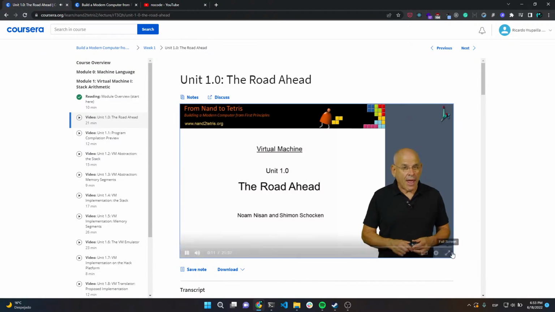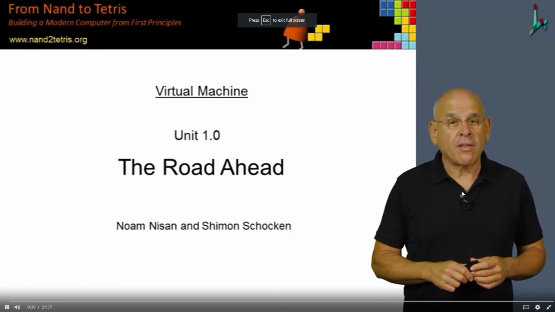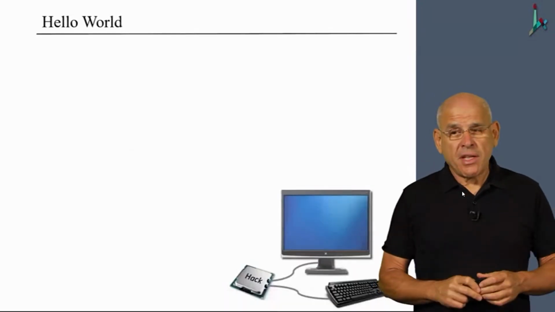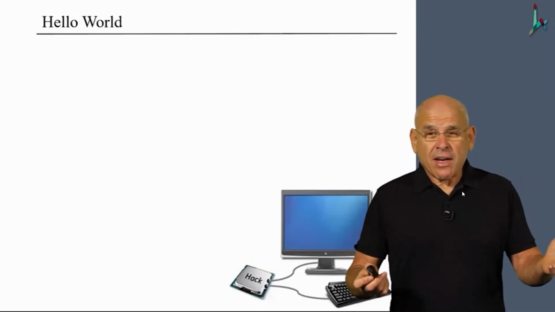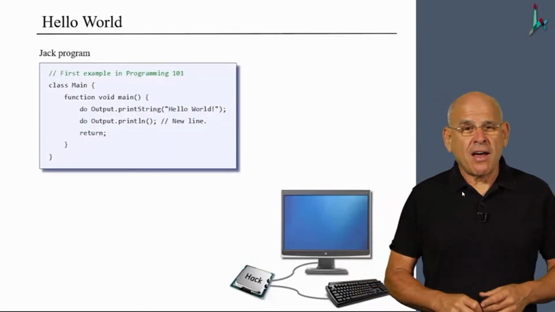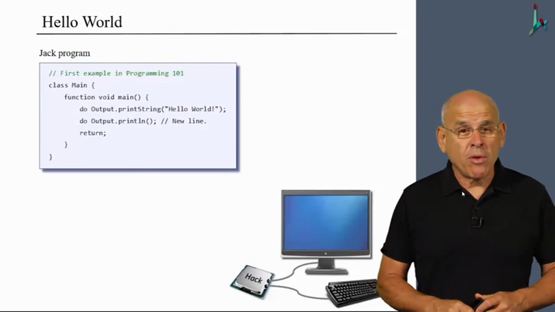So if everything worked according to plan, then you have already gone through a machine language primer, and we are ready to move on and talk about what lies ahead. So here's the computer that we built in NAND to Tetris Part 1, and launching NAND to Tetris Part 2. Just like many other classical courses in computer science, we'll start with the familiar Hello World program, which is written here in a language called Jack, a high-level object-based language that we will use in this course, NAND to Tetris